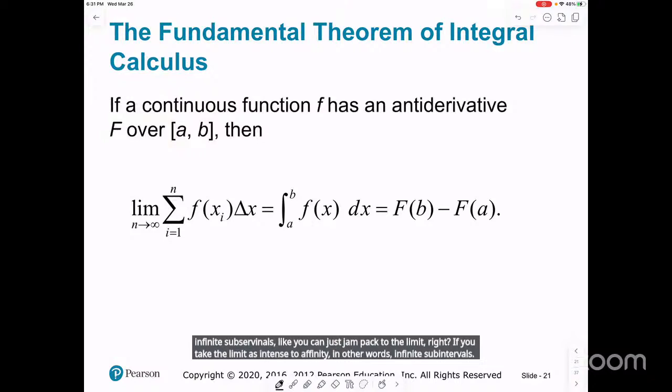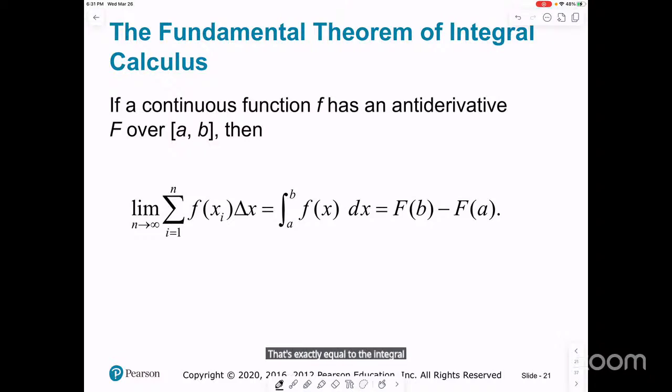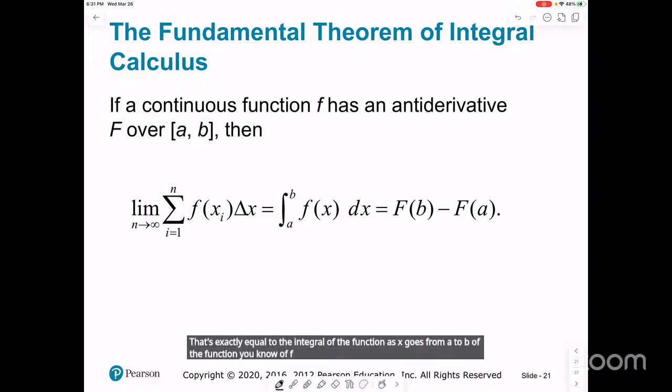That's exactly equal to the integral of the function as x goes from a to b of f of x dx, right? Which is going to be the antiderivative of f evaluated at b minus the antiderivative of f evaluated at a. Long story short,